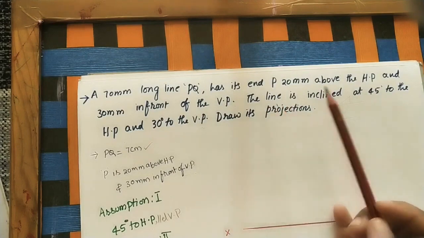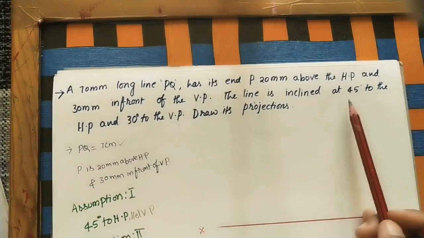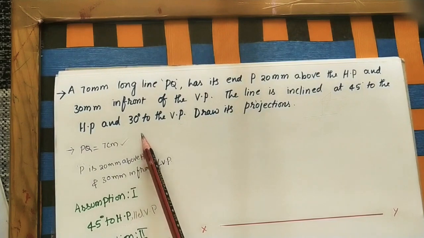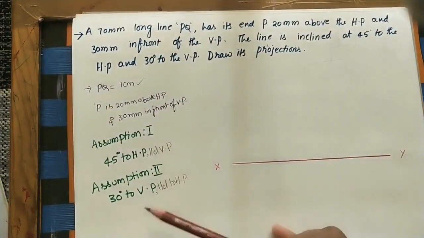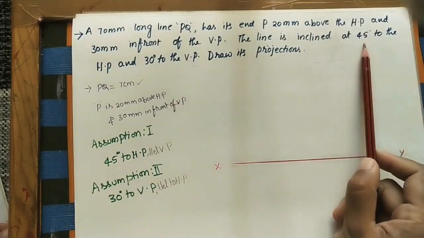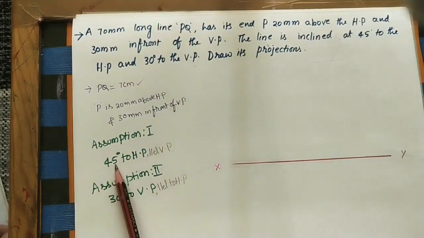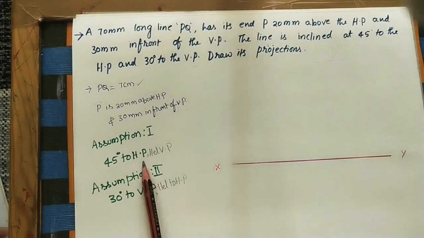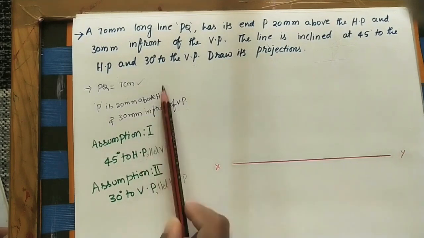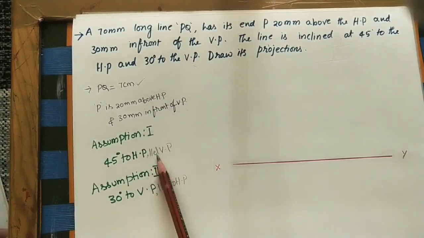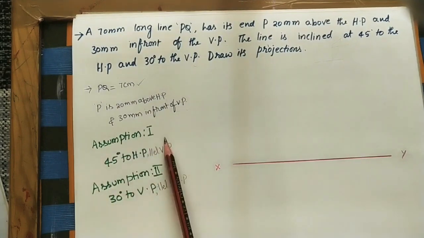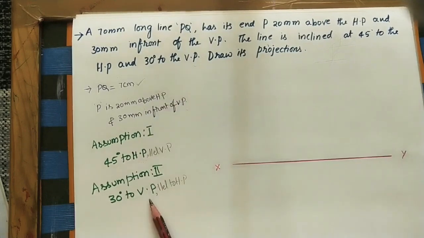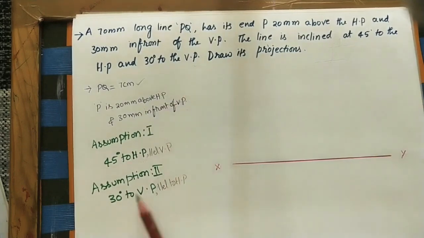Here we have to take two angles: the angle with HP and the angle with VP. I told you, whenever two angles come, make two assumptions. Initially, take the angle with HP as 45 degrees, write down here 45 degrees to the HP, and assume it is parallel to VP. Instead of 30, we take 0 degrees, parallel to the vertical plane. We have to do the diagram according to these assumptions initially. In the next assumption, we have to take the next angle, 30 degrees to VP, and